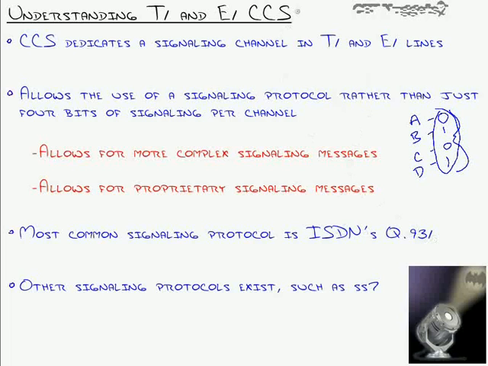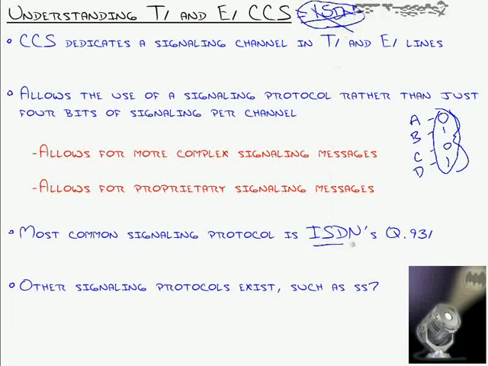And that's why when most people think of CCS, or at least in my mind in the data world, I always think CCS equals ISDN. They are one and the same. That's what it is. And in the data world, that's true. That's correct, because we don't really think of anything else other than ISDN for CCS. But in the PBX world, and in the voice over IP world, that's not true.